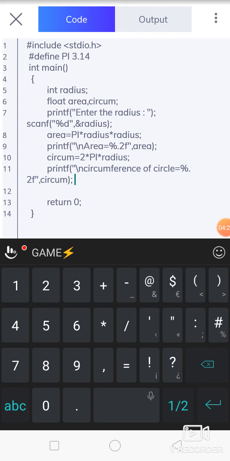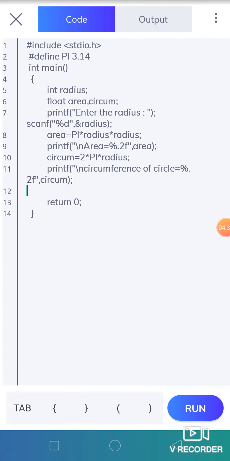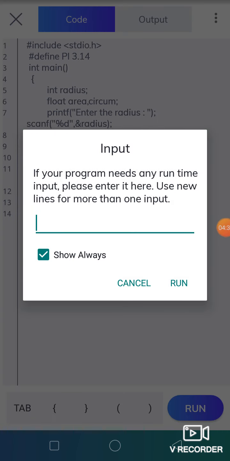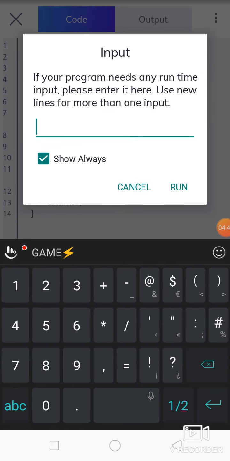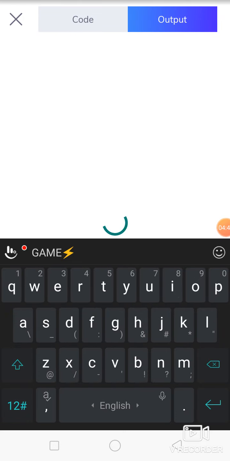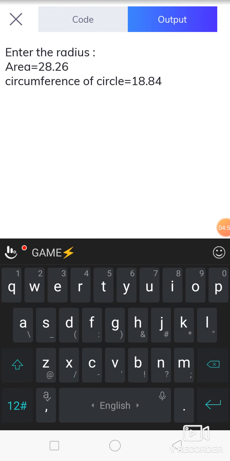According to this way, we have to write the program in C for calculating the area of the circle as well as the circumference of the circle. Now we run the program for showing the output. Now take the input, which input will be given in the program, that is radius. So assign the value of radius as 3. Run, and the output will be displayed in front of you.